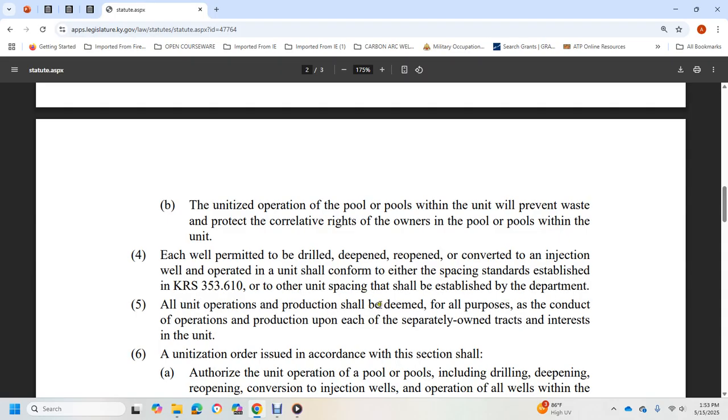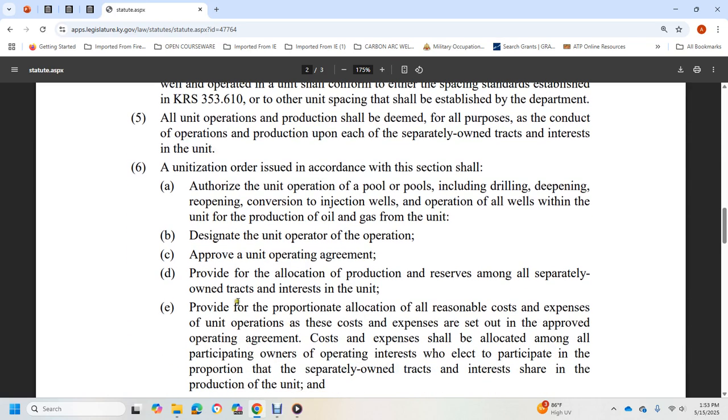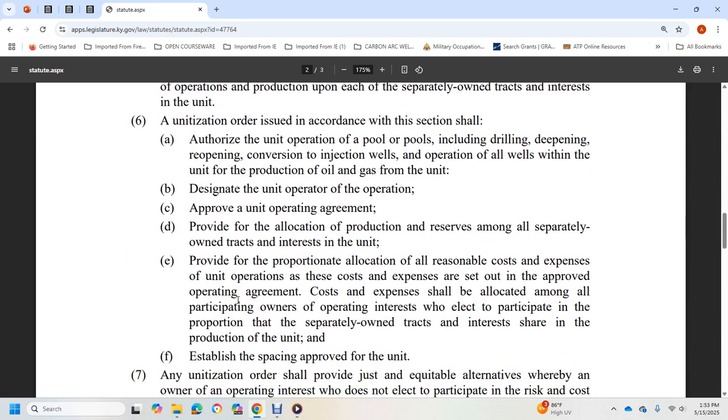All unit operating production shall be deemed produced from the operation up to each separately owned tract or interest of the unit utilization order, in accordance with the section authorized with the unit operation of the pool or pools, including drilling, deepening, reopening, conversion of injection wells of the operating wells, and with each unit production of oil and gas for the unit designated in the unit operation. An appropriate unit agreement shall provide for allocation of production and reserves among all